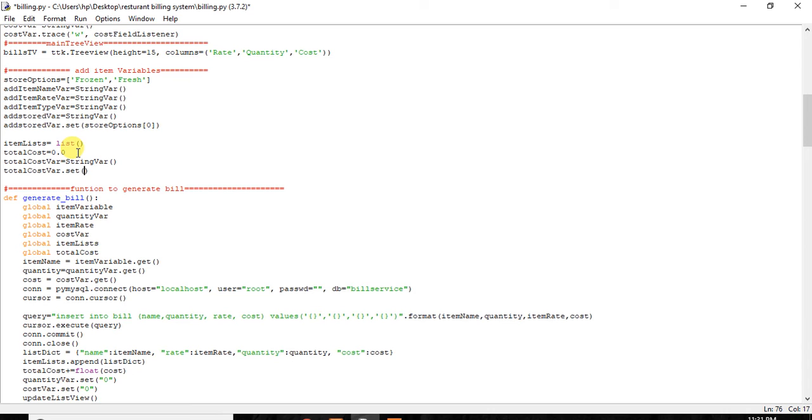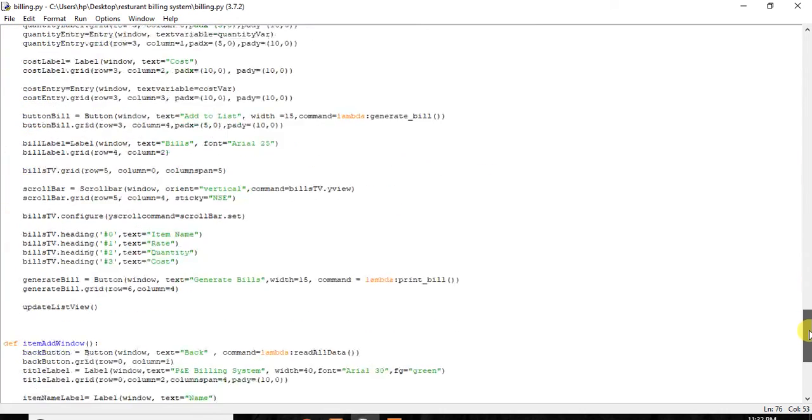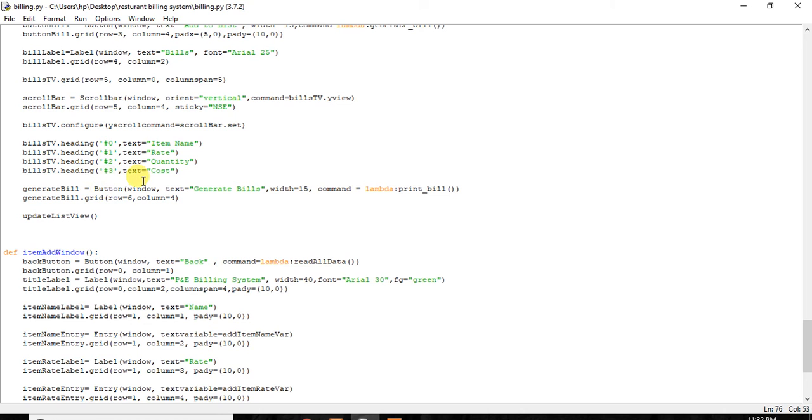I have to set the value to total cost. This could be like this, and at the end, where this button is, before the button I will